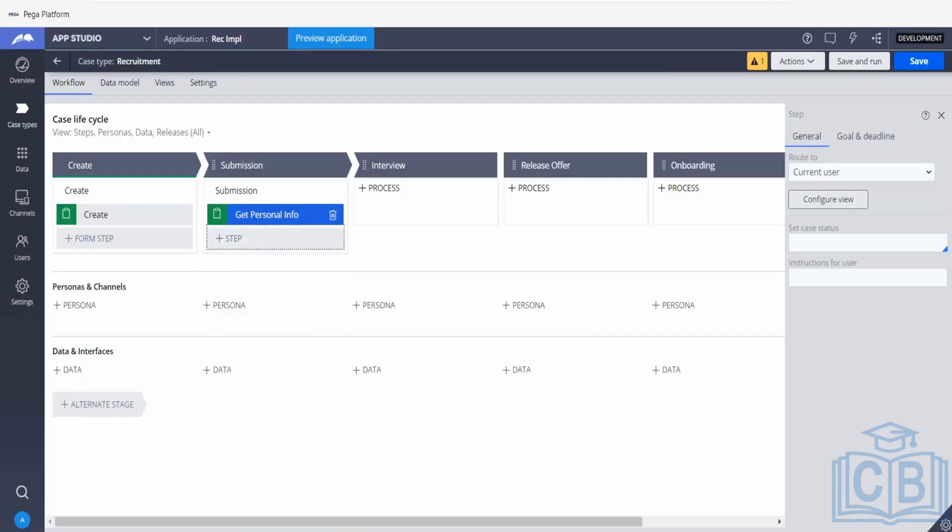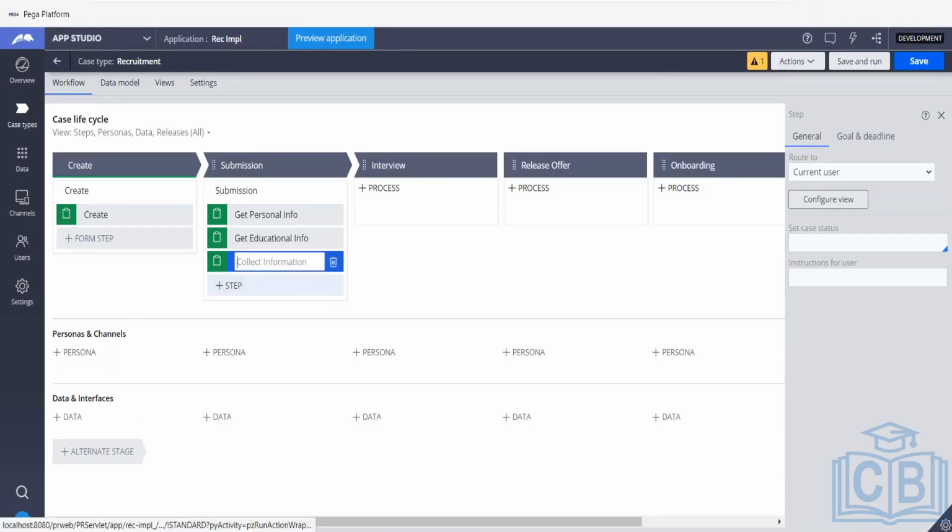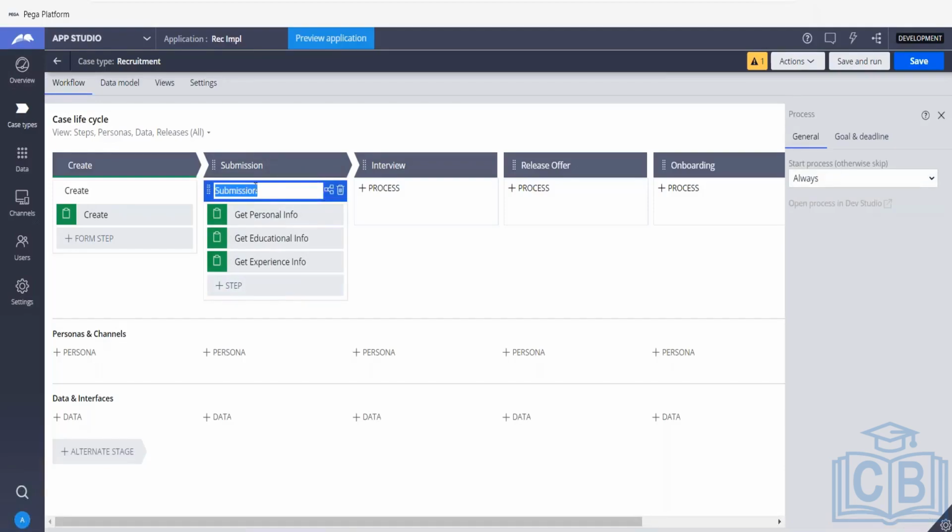The next step, again a collect information step I would use, and this is for getting the educational info. And the third step for experience. Now if you see, the process is now editable. Your process is a combination of all the steps. What are you doing with all these steps combined together? They are all about collecting candidate